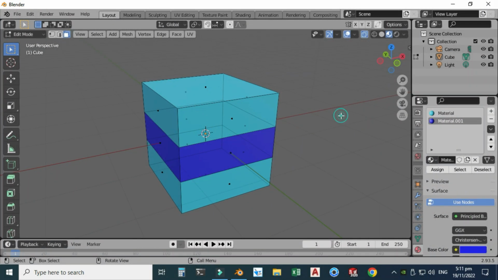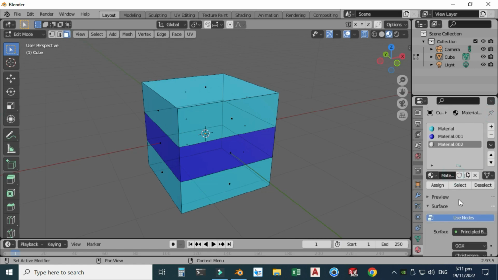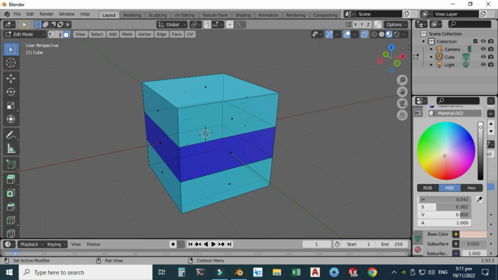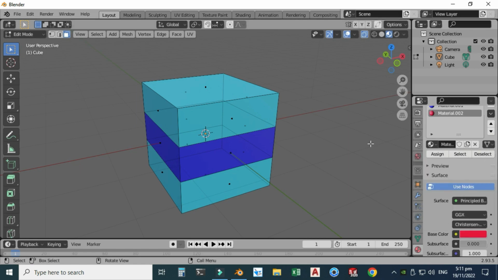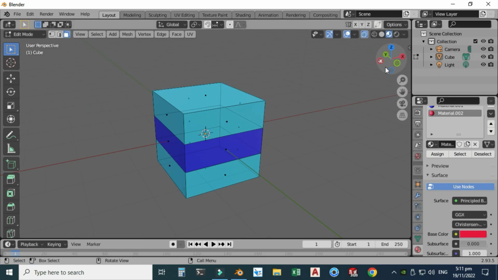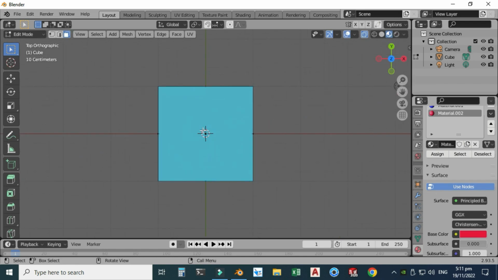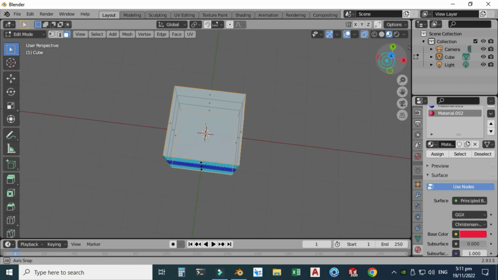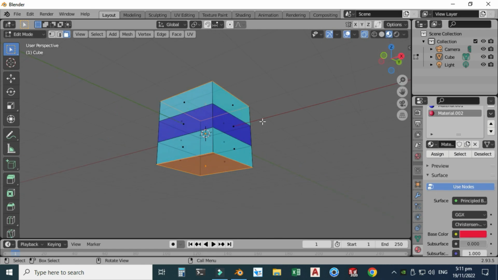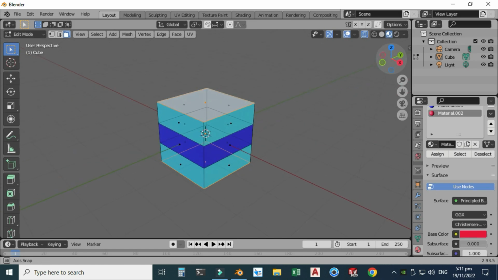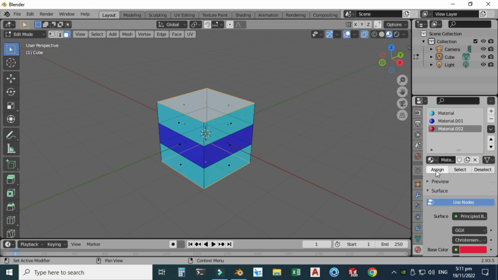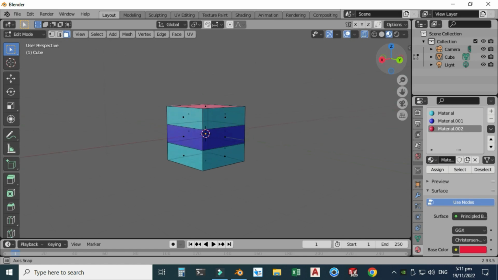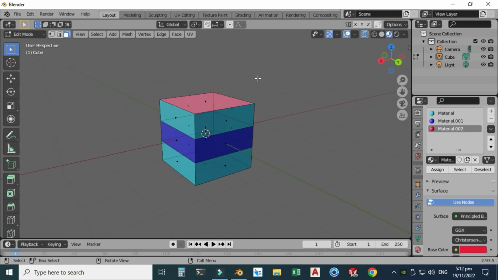Let's make another material, and let's go to this sign, add material, new, and I will change this to, let's say, dark red. Okay, and now I need to select faces so that I can apply this red color onto those faces. So I'll go to the top plane, and I will select this face, and now you can see that this backward face is also selected because wireframe mode is on. I will go to this material, and I will assign, and now you can see that this red color is applied onto these faces. So that's how you create different materials and you apply onto faces in Blender.